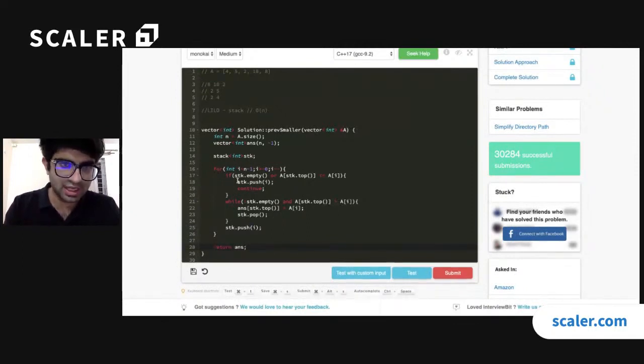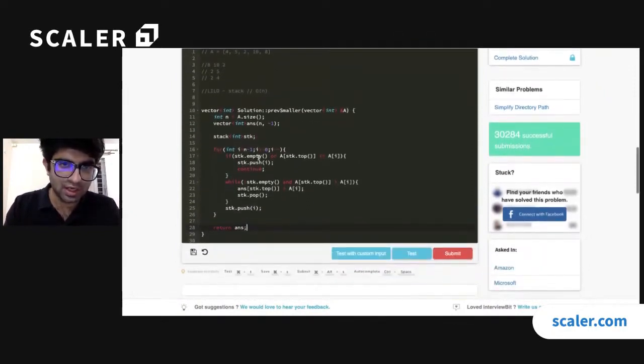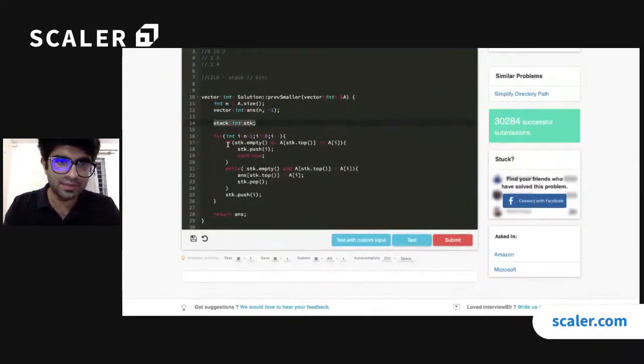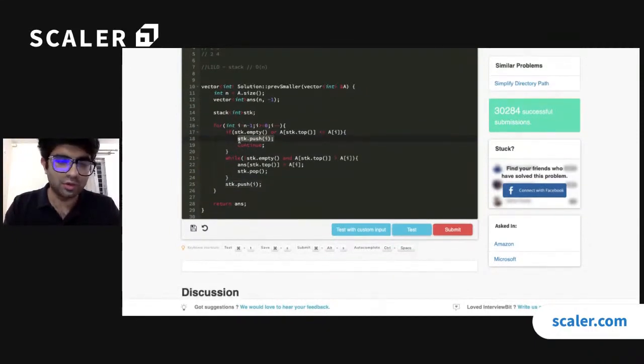Let's check once again whether I'm going in the right direction or not. I am maintaining my answer, and I just created an empty stack, and I'm checking if my stack is empty or if the element is greater. Then I need to push that element into the stack because it's of no use yet. Otherwise, I need to check if my element is lesser. That means for that first element, I just figured out the answer. If I do it in that fashion, I can solve it. Okay, that seems like a good approach.